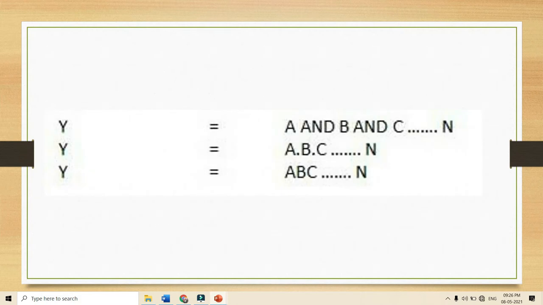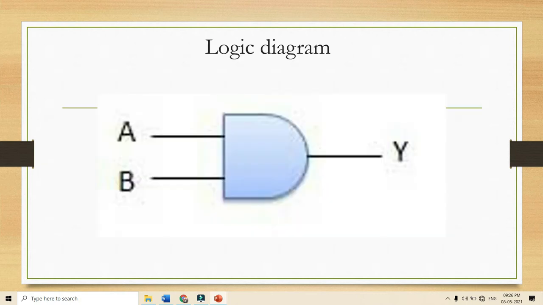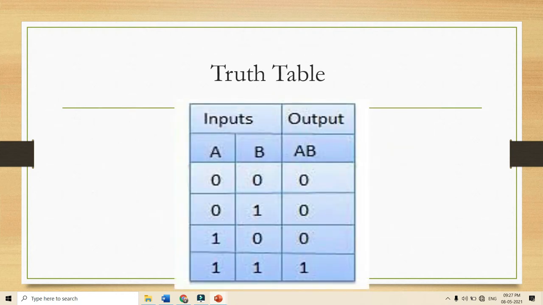So the expression for the AND gate will be looking like this. The normal dot product diagram will be like this. In this, A and B are two inputs and Y is the single output. Y is equal to A dot B, a normal multiplication operation. Truth table: here we can notice that if the input is 0 then the output will also be 0. If both inputs are 1 then the output will also be 1. So in between these two cases, if any one of the inputs is 0 then the output will be 0.